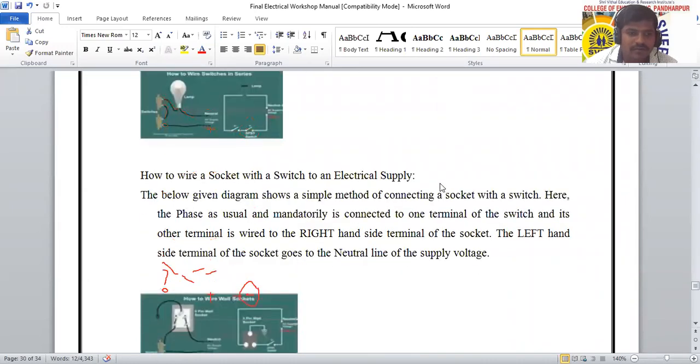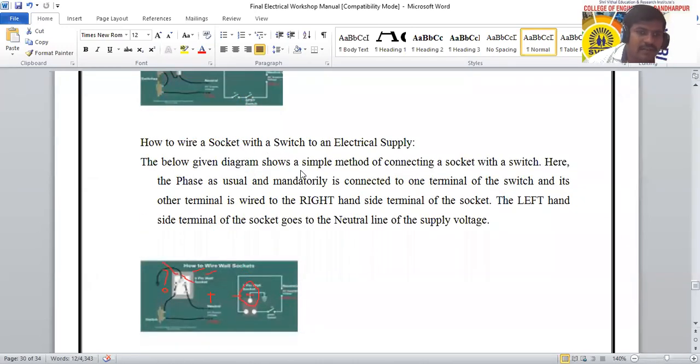Okay, now how to wire a socket with a switch to an electric supply. Okay, आता socket, that means here we are using a 3-pin plug, that is socket. Okay, socket, or we can call it as a 3-pin plug. So in that how it can be connected, ते कसं connect केलं जातं. See here, you people already know, that is 3-pin plug having an one plug, here it is another one plug, and next one plug, and the switch is provided for that. याच्यासाठी एक switch provide केलेला असेल.